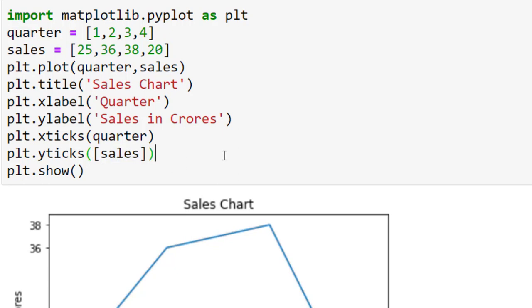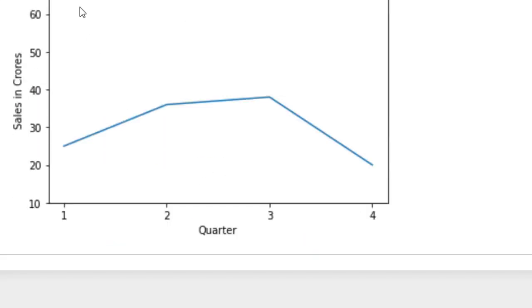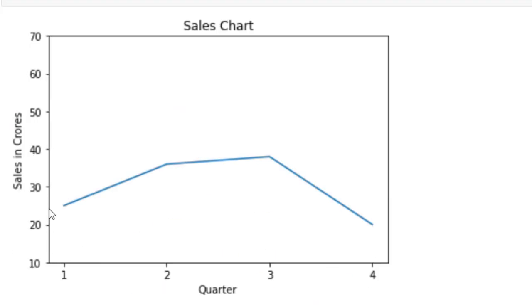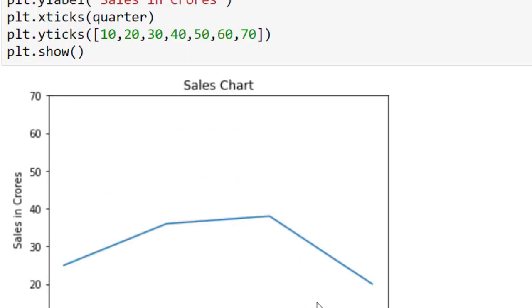I just need a list, so I write 10, 20, 30, 40, 50, 60, 70, and I run this and we have these values, and the chart is adjusted automatically. So this is how you can give your own yticks or xticks if you want.